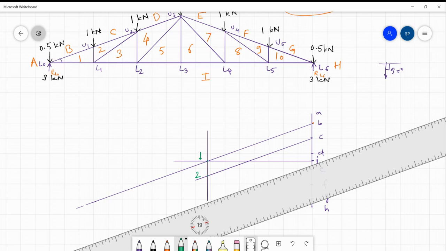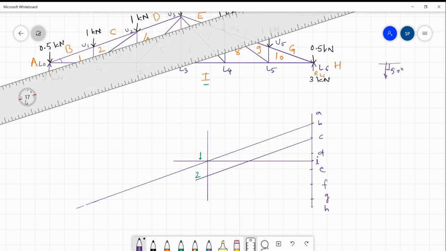Now I have to go for the third member force, that is L1, U2. L1, U2 I have to find out. Now what are the Bow's notations for that? 2 and 3. 2 we have located. Now to locate 3, I have to draw this line parallel to L1, U2. For 3, another reference is 4 and I. Now out of these two, which is located? Yes, I is located, 4 is not located. So what I will do, I will make this line